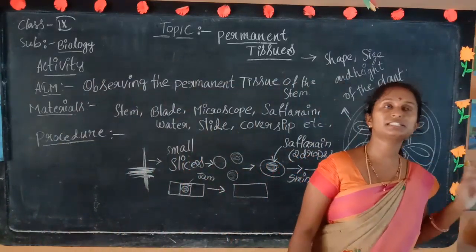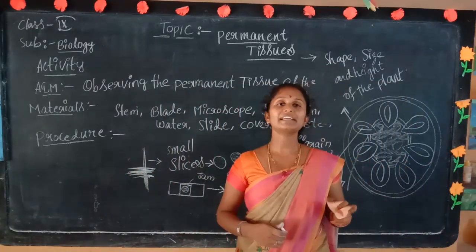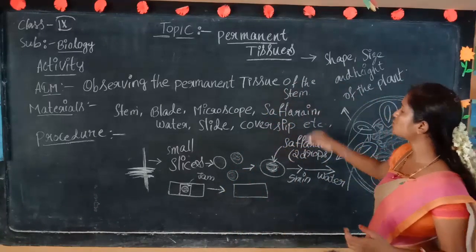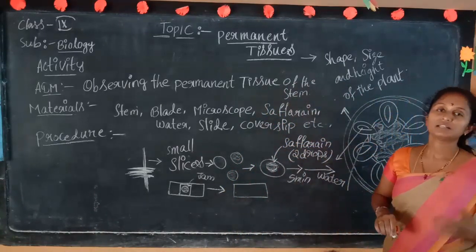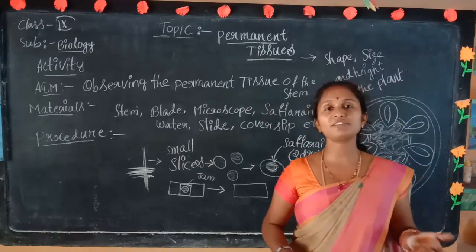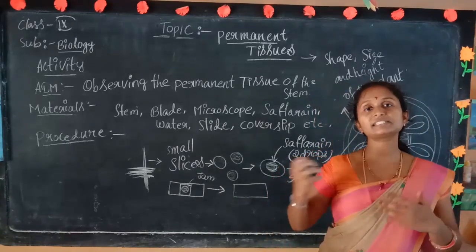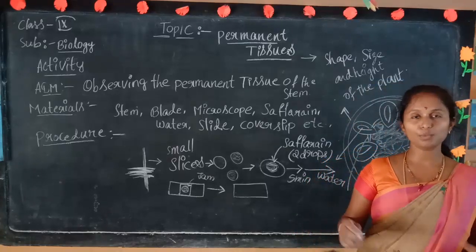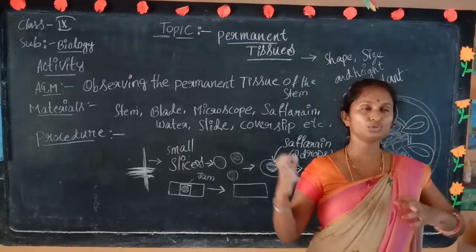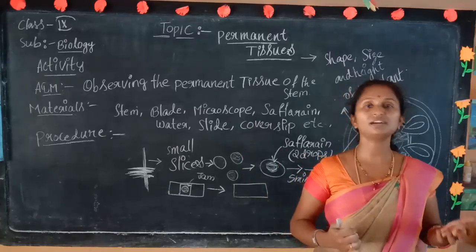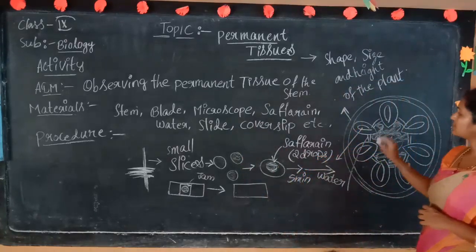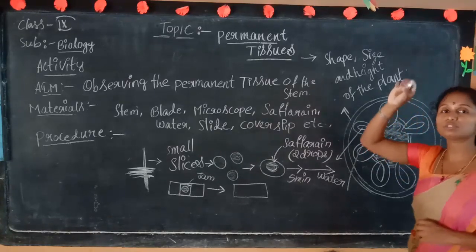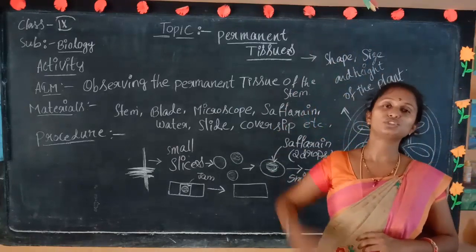That's why we discussed, at the meristematic tissue time, that they have a small amount of cytoplasm. Why? Because the stem is filled with vascular bundles. The vascular bundles are nothing but xylem and phloem. Then how would the cytoplasm be there to perform photosynthesis? Only the leaves are more capable of trapping the sunlight and preparing the food material. And these vascular bundles transport the food and water throughout the plant from root tip to shoot tip.